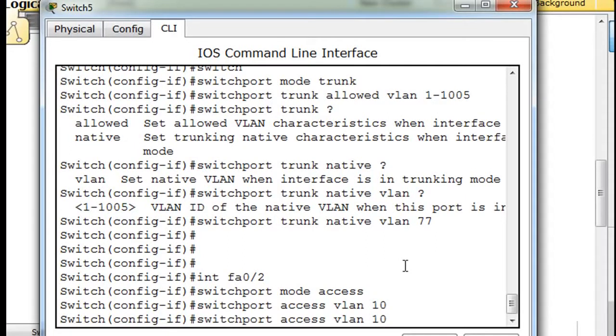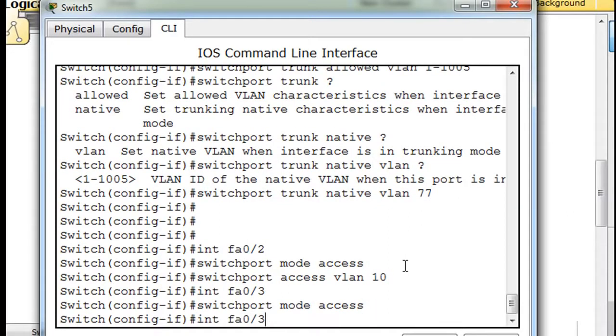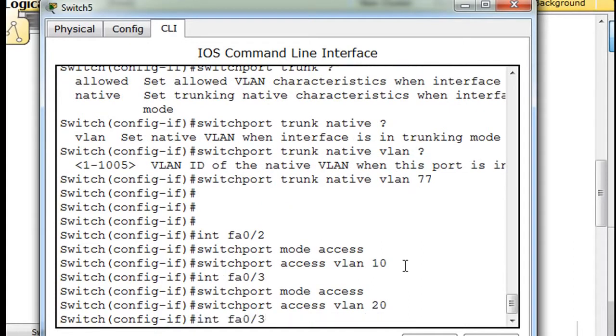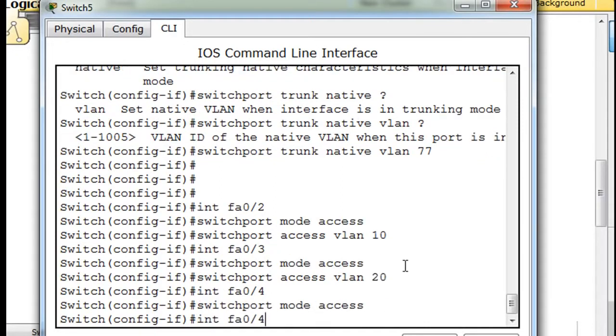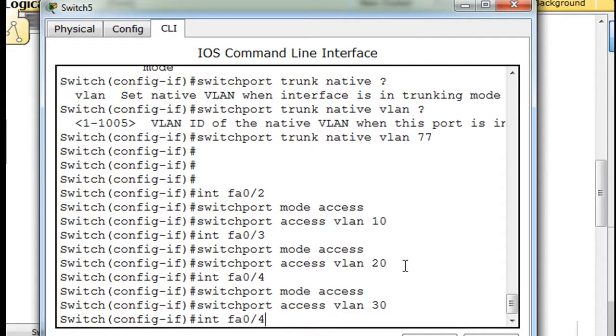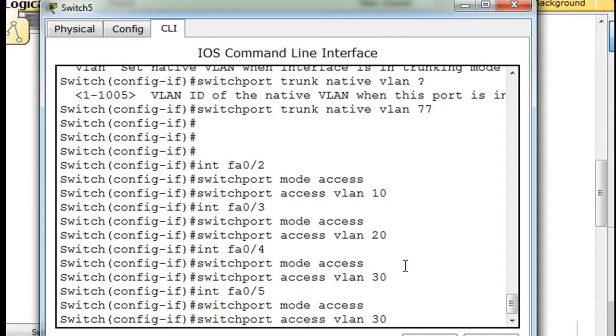And then we'll say up arrow till we get there, and then port 3, and then up arrow, switch port mode access, switch port access VLAN 20, and then port 4, switch port mode access, switch port access VLAN 30, and then port 5, switch port mode access, switch port access VLAN, and this is going to be,